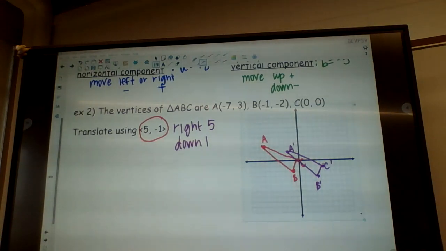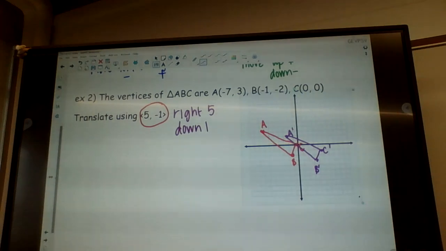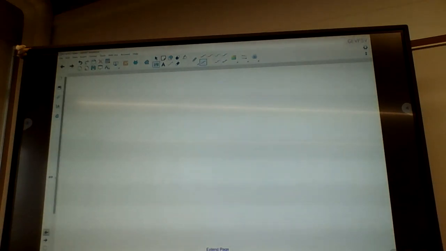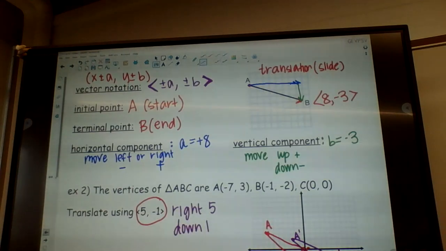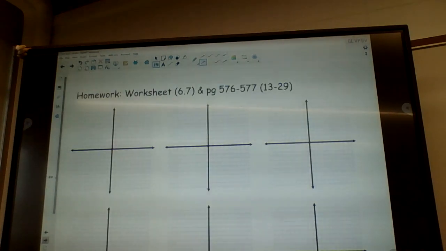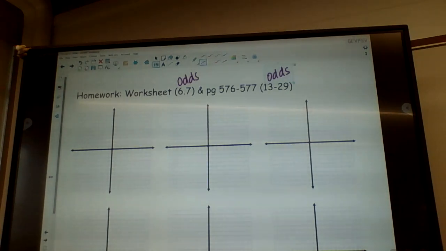So let me explain what we're doing for today. Our homework, like I said, is going to seem kind of clunky, a little bit longer than typical, but we're going to shorten it up to make it just the odds for both of these. So I have a worksheet for you, and then I also have bookwork. For both of these, we're going to do the odds, for both the worksheet and the bookwork. Now for the bookwork, you're going to need some of these graphs. You will not need all of them. So if you prefer any of these graphs for what you're doing, you can use them, but you're doing odds for both the worksheet and the book. And both of them I need to put in Schoology. I just realized